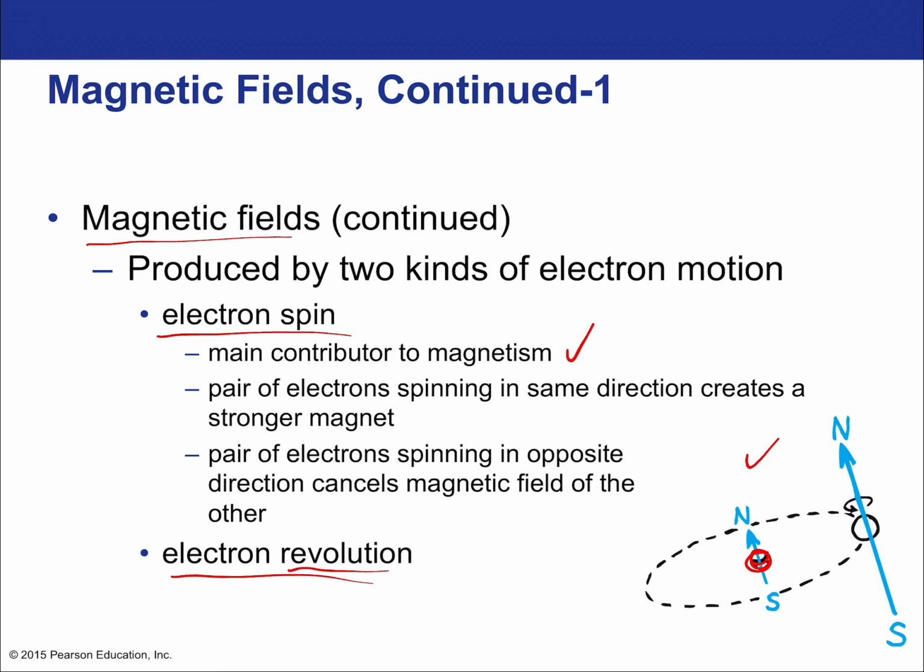All right? And that would be, you curl your fingers in the direction that a negative charge would be moving if you use your right hand, and then your thumb points in the direction of the magnetic field. Specifically, it points towards the north. See that? Do it yourself. Curl your fingers in the direction of this, and you'll see your thumb naturally points in the north direction towards the north pole of the magnetic field.